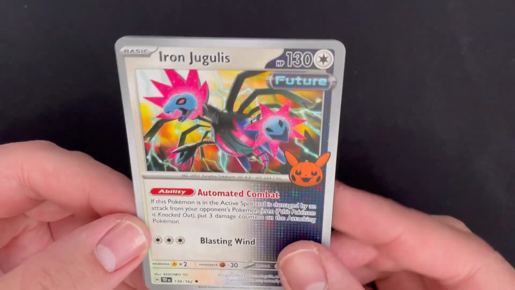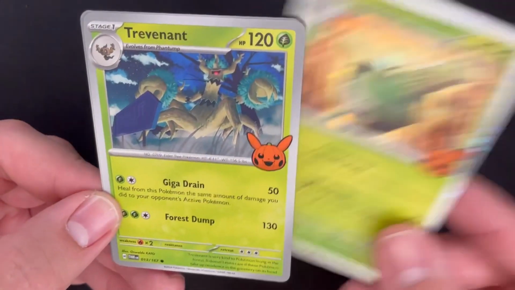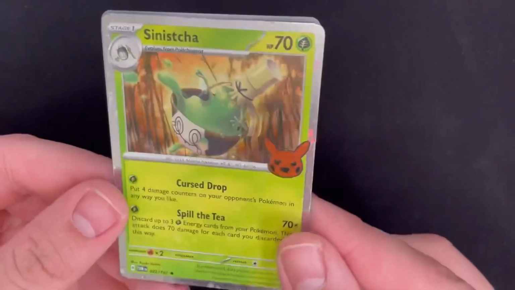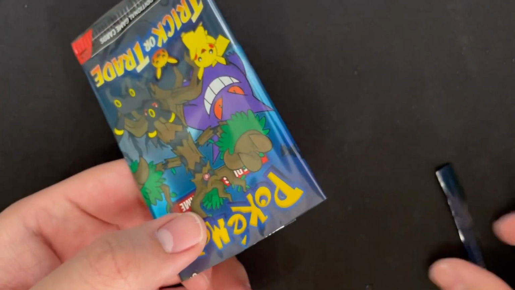But it's a normal type here, I guess. Sinistcha and a Trevenant. Ooh, that Trevenant art is pretty cool. But Sinistcha definitely does make sense for a Pokemon to have here. So we're getting some good diversity in the packs, and like I said, I actually have a draft box that